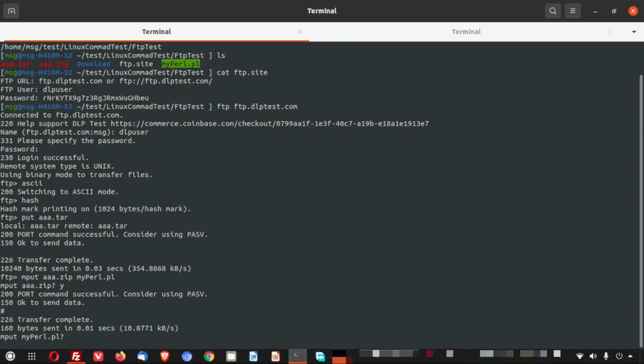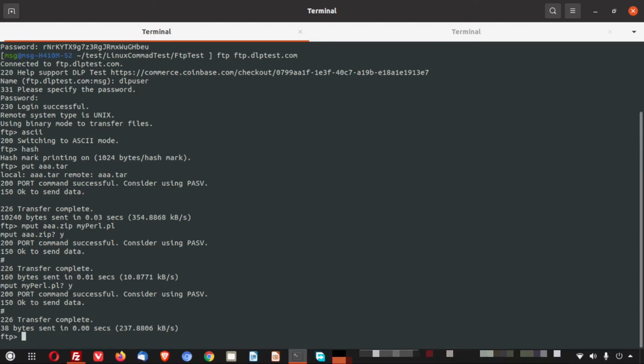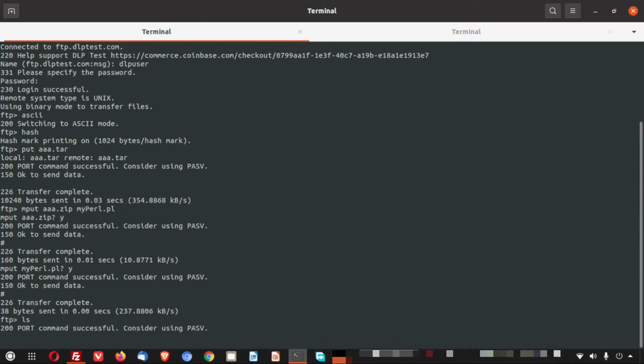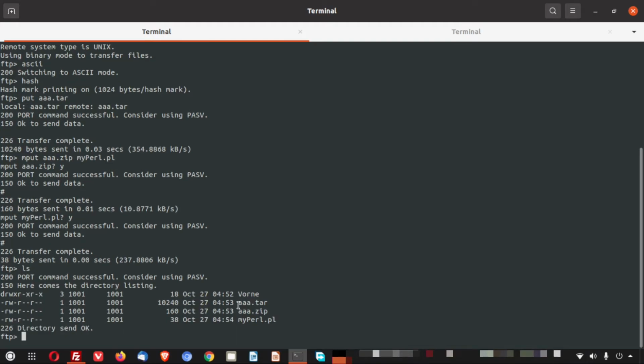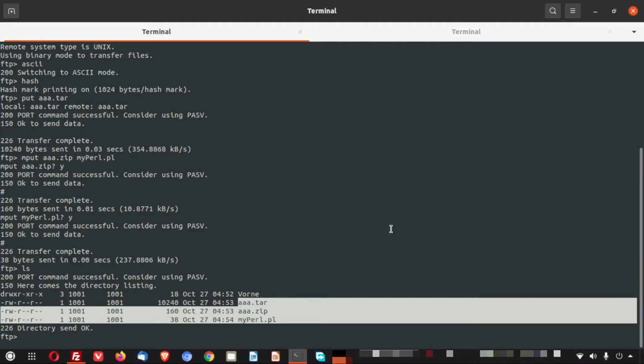Now I have to give a green signal, that means Y, to the second file. So sequentially you can see these two files are uploaded. If I now do an ls, you can see that the three files are uploaded successfully.